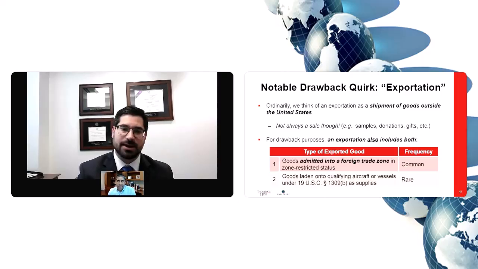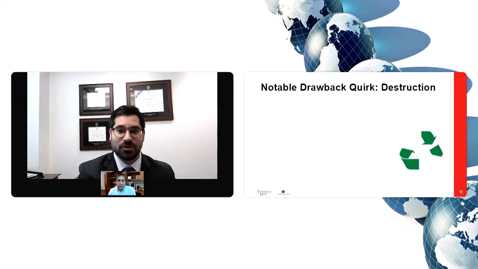But just to go to the first type of exportation that you wouldn't ordinarily think, that's an example where there are foreign trade zones in the United States. So the good itself is not necessarily leaving the United States, but for the purposes of drawback, that does constitute an exportation. So that's kind of the first quirk. The second quirk, as we stated earlier, was destruction. Ordinarily when we think something has been destroyed,